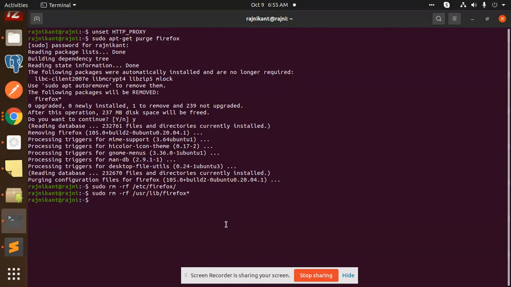So today we are going to install Firefox. In the previous video we uninstalled it, so today I'm going to install Firefox from the terminal in